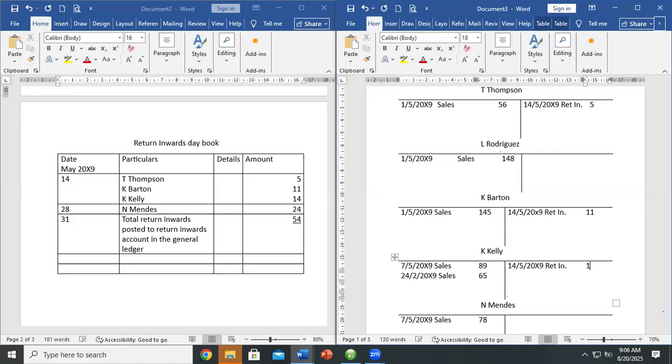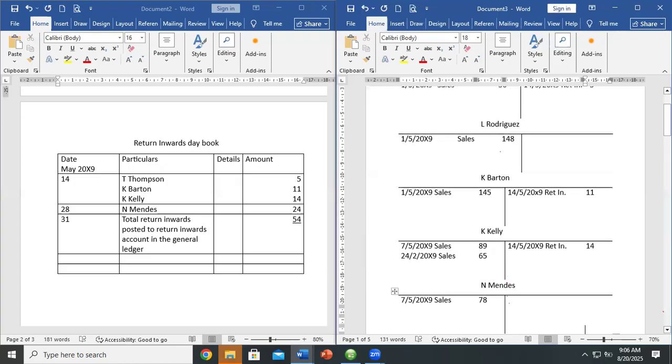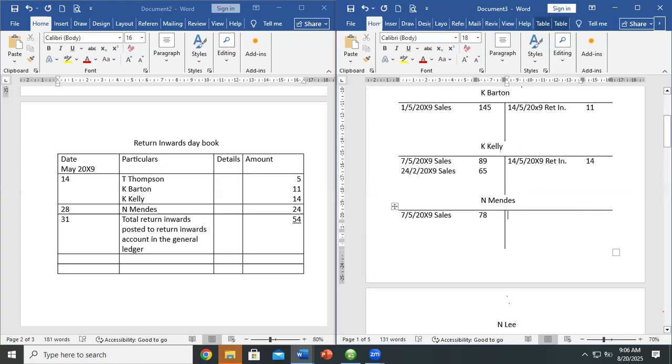And the last one was on the 28th, which is N. Mendes. So we go to N. Mendes account. 28 May 20X9, return inwards. That's 24. Then what is left is the total, and the total, you know where it's going in